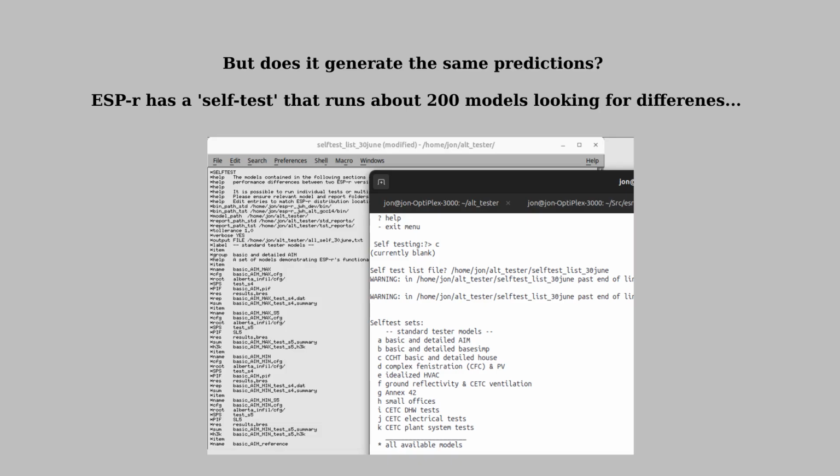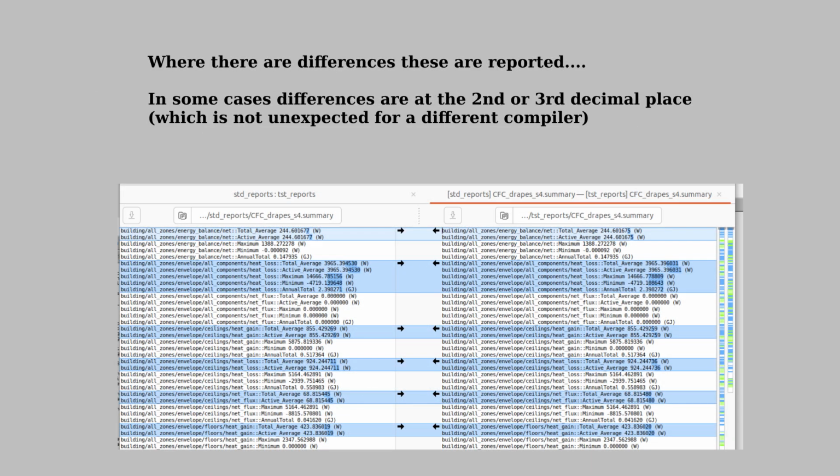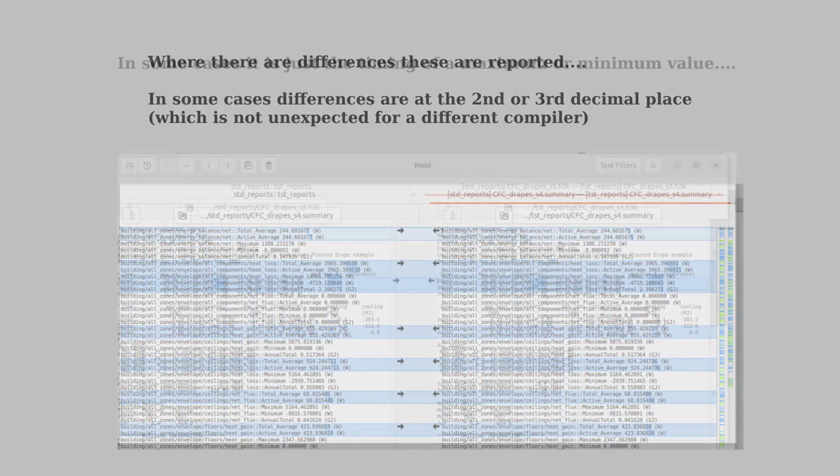Thankfully, ESP-r has a self-test facility where several hundred tests are run and a range of reports are generated which compare all the different predictions across all the different models. And at first it would seem that there are rather a lot of reports which have differences. However, if we look at the details, we can see that some involve differences at the second or third decimal place.